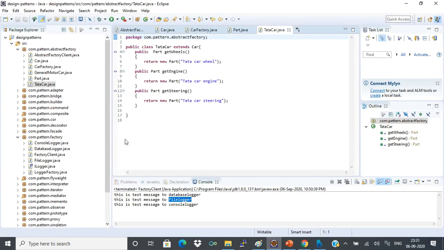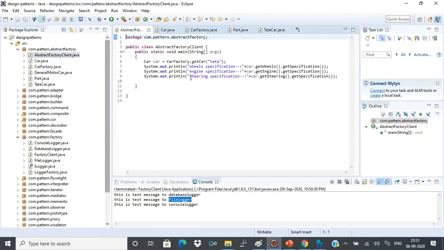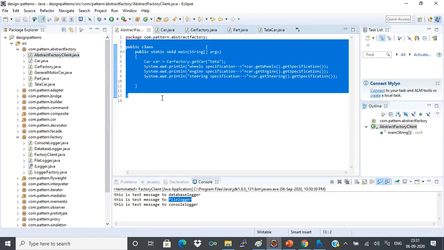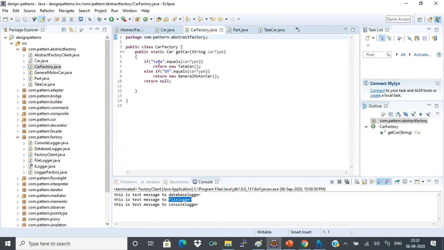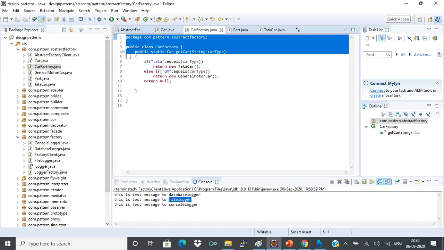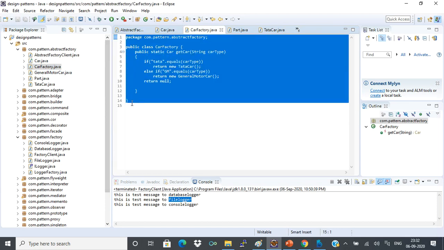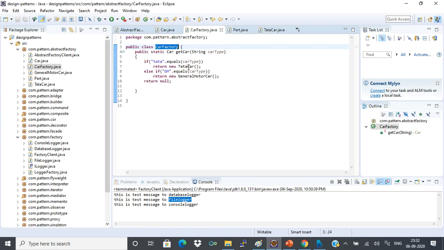For the abstract factory pattern, this is a client class which gives the demonstration of the abstract factory pattern. In a real project, this client class is nothing but an application that uses the abstract factory pattern. We will write one factory class called CarFactory.